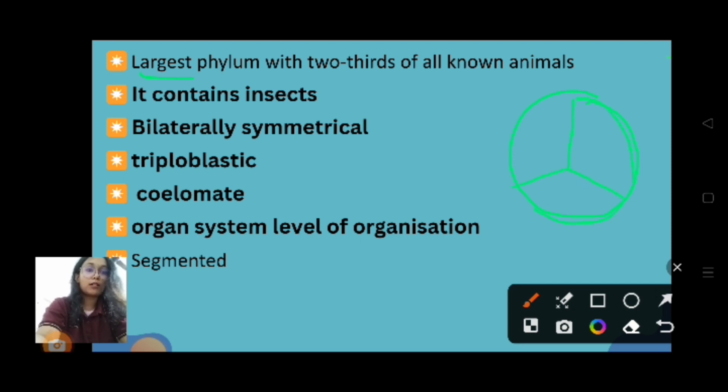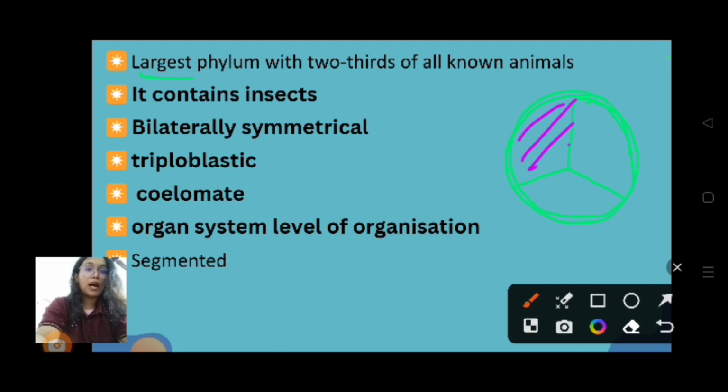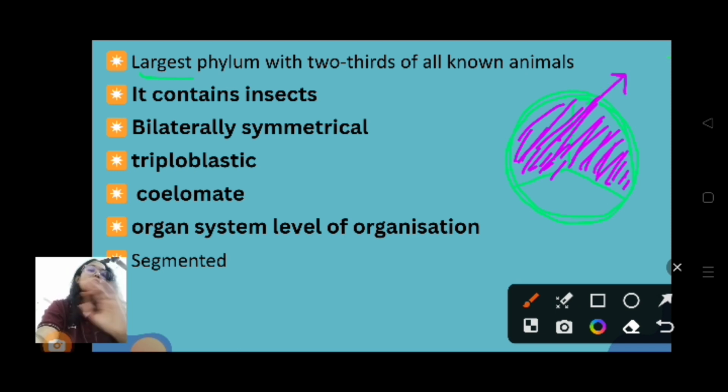Suppose I am making a pie chart. So the arthropods are covering this much number of species which are present on the earth. This comprises all the arthropods and this comprises all the rest of the known animals. Is it clear? So 2/3 it is covering. Is it clear? Then coming to the next point, which I have already mentioned, that they consist basically of